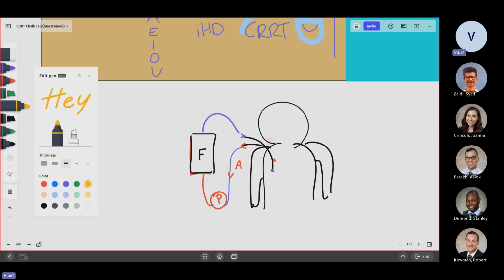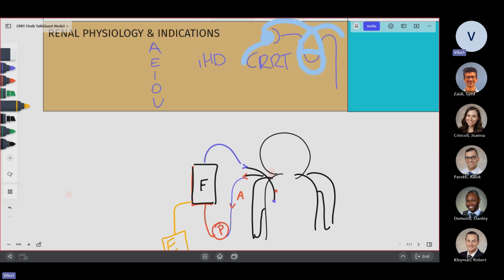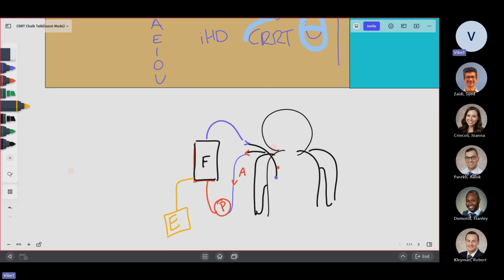You're going to have blood that's filtered out, and that's your effluent fluid. And so this is kind of like your basic anatomy of how a dialysis line works. Some of the other things that you'll see we'll get into in a second, but you can have a dialysate fluid that is basically the fluid that you're trying to use for hemodialysis, and that is going to go to your